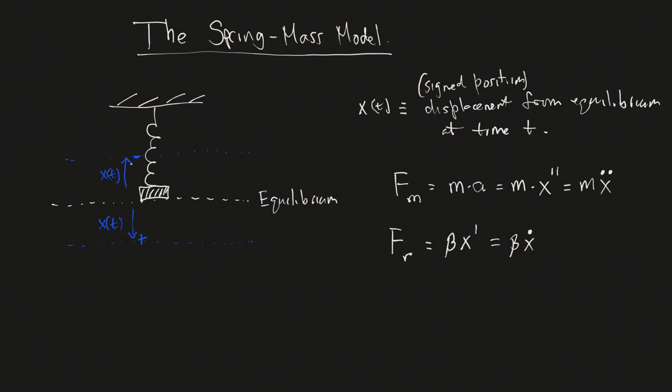So for instance, when the object is above equilibrium, the spring is going to push it down because it wants to get it back to equilibrium. When the object is below equilibrium, the spring is going to pull it back up. So there's this push and pull, literal tension in this model. So the force that's due to the spring,